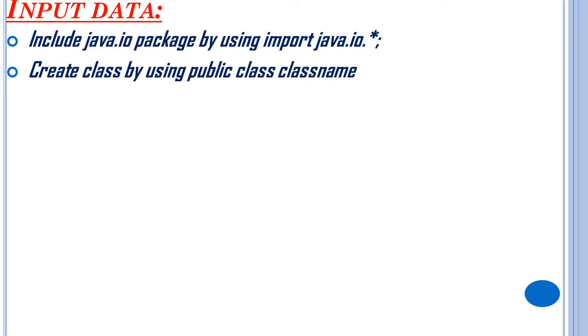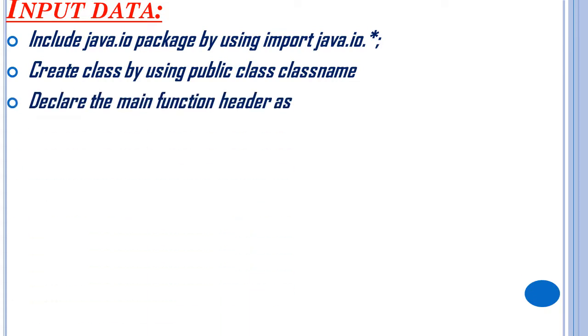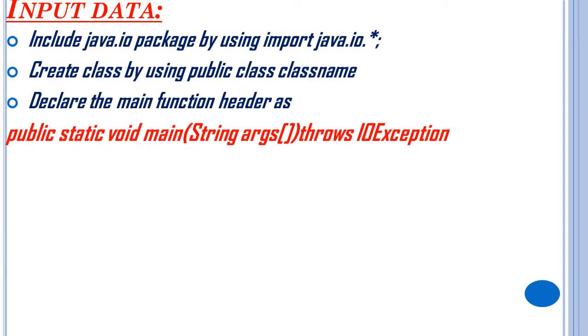After that you need to create the main function, right? How can you create a main function? In previous function argument programs you have written only public static void main(String args) and the bracket close, only that much, right? But here: public static void main(String args) throws IOException. Okay, you need to write like this. Why do you need to write like this? What is the meaning of those words?